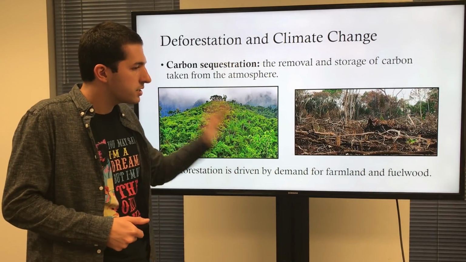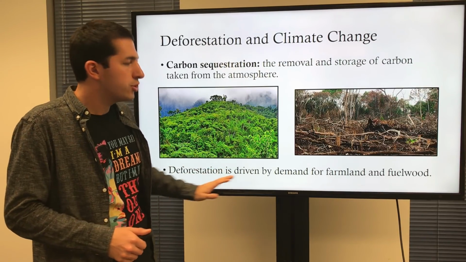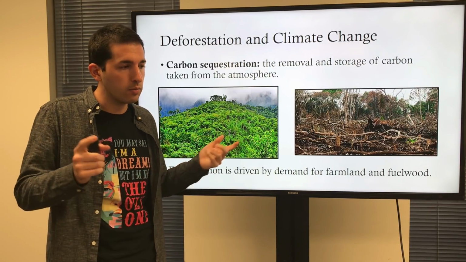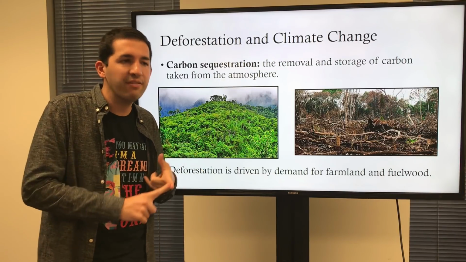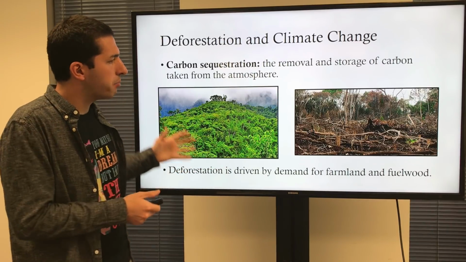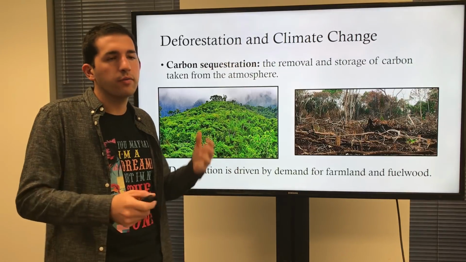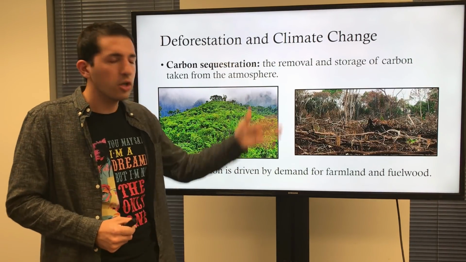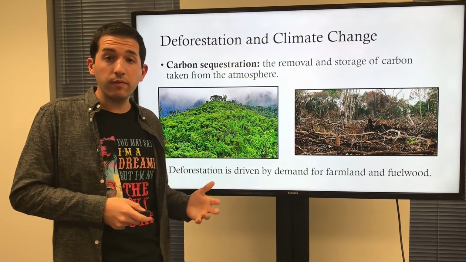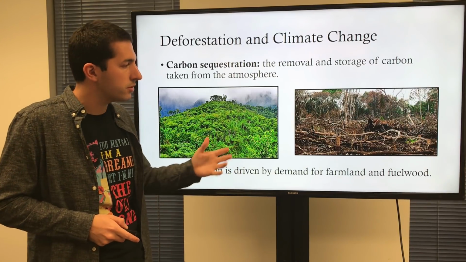Deforestation in this sub-region, Sub-Saharan Africa, in this region of the book, chapter 7, is driven by a demand for farmland because Africa is growing rapidly. We remember a total fertility rate of 5, which is larger than what we've seen so far. So these places are expanding rapidly in urban areas and thus requiring farmland to get food to these people, and also fuel wood because, while there is oil in Africa, and quite a bit of it depending on where you are, it's still quite expensive for the people of Africa to afford financially.